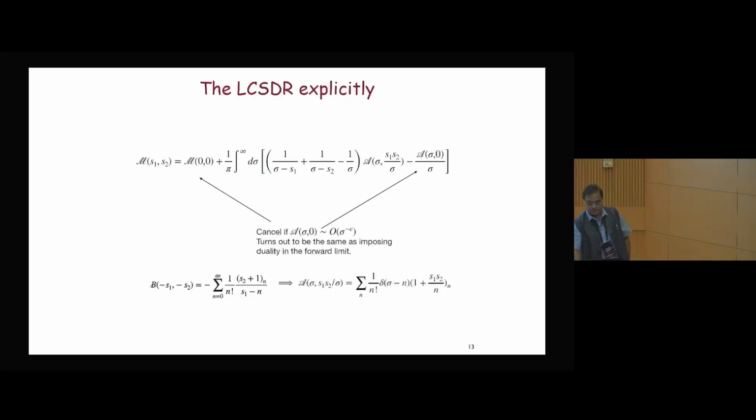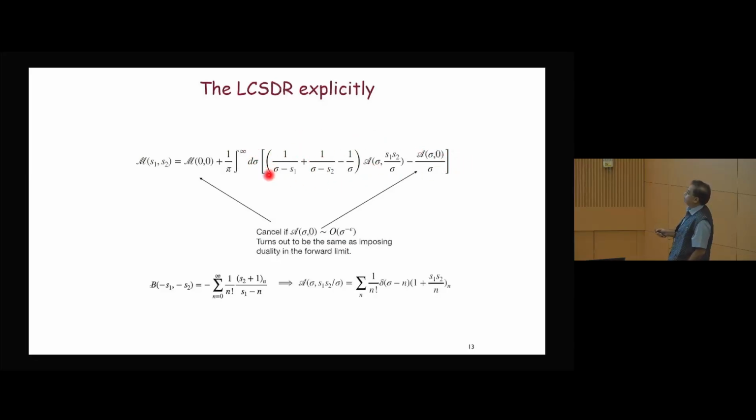So let me flash the formula. As I said, I'm going to use a fancy novel dispersion relation, which unfortunately I don't have time to explain how it was derived. But this is the dispersion relation, and it has some very interesting features. Let me just point them out. Here is your amplitude of two variables. It is permutation invariant if you interchange S1 and S2. We want to see that